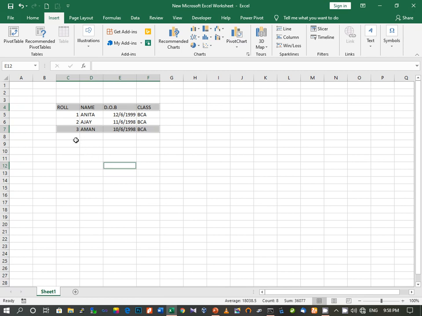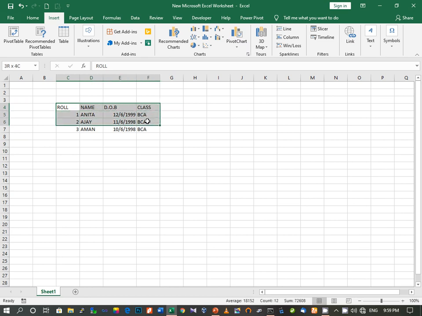Now suppose you want to select a range of cells. First let me tell you what a range is. A range is a group of contiguous cells. Contiguous cells means cells which are lying next to each other. So all these cells are contiguous cells. How do we select these contiguous cells? Just click on the first cell from where you want to start the selection and drag the mouse pointer up to the place where you want to select.